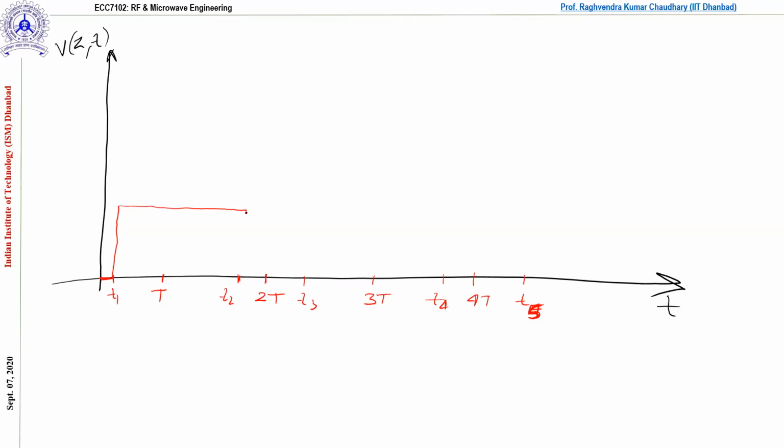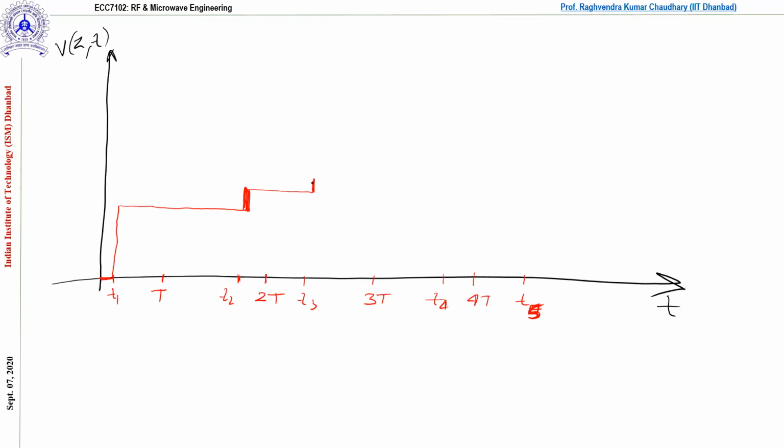And then what will happen? Then what will happen? When it's going further, beyond T2, after T2, a step is coming. This is a discontinuity. A step is coming of gamma L V1 plus, up to where? Up to T3, this point. Then again one small step is coming of gamma G gamma L V1 plus, the same table actually, fine.